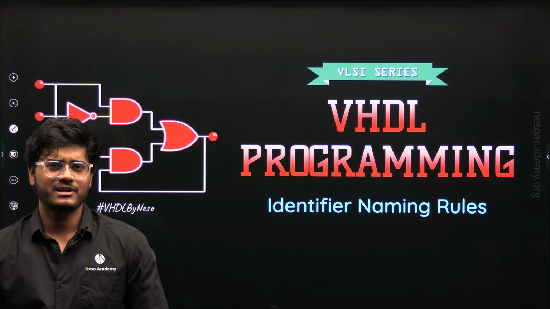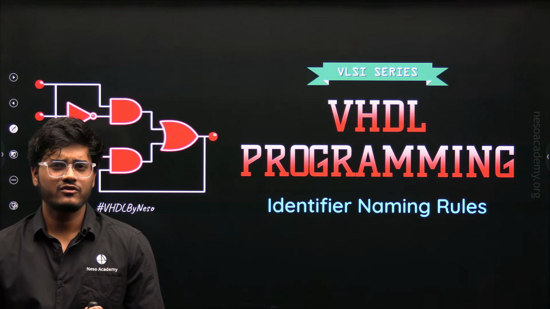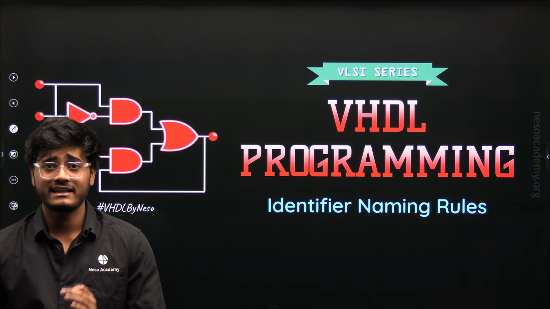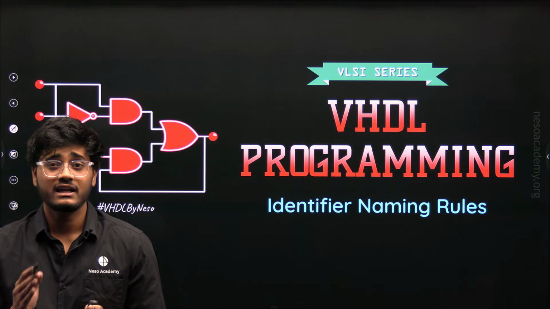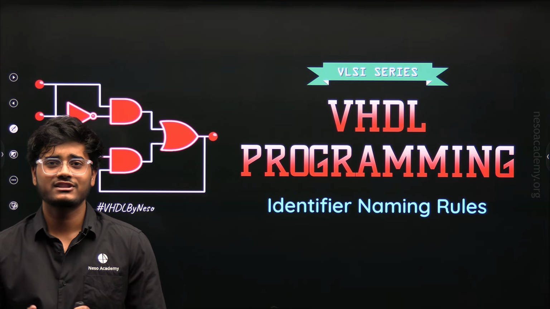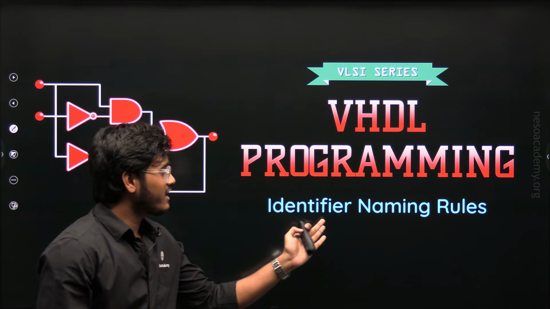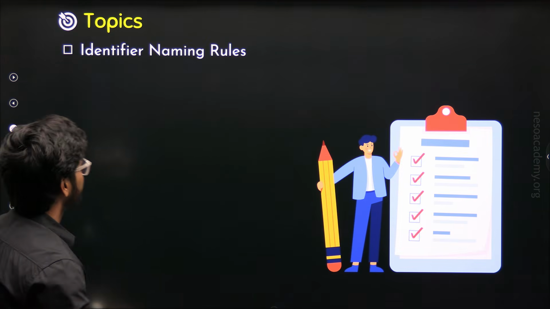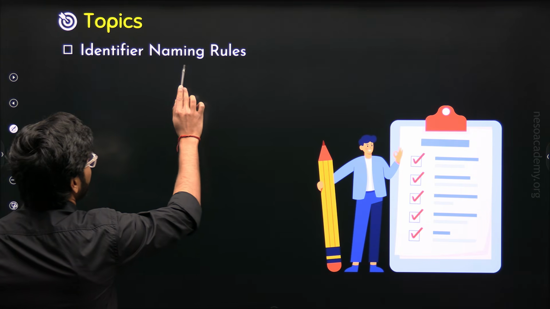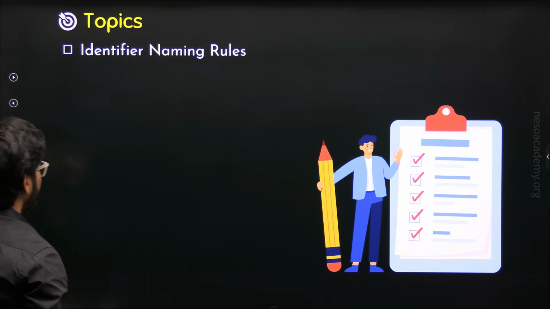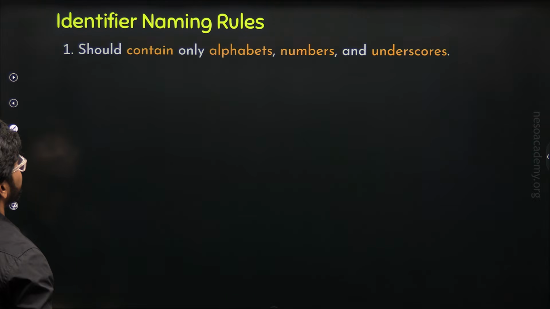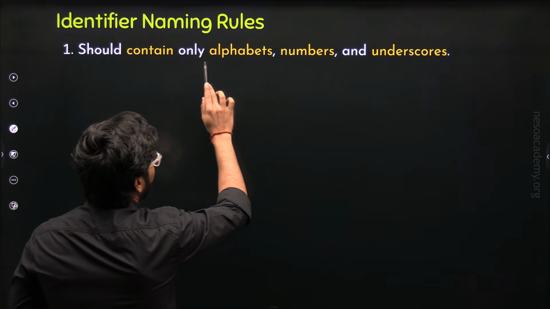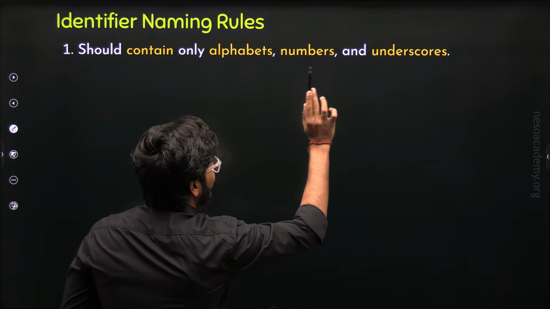So, let me ask you something. Can we give any name we want in VHDL? No, because in VHDL, identifiers must follow some specific naming rules. And today's lecture is all about identifier naming rules. In this lecture, we will understand identifier naming rules. So, let's start the lecture with the very first rule, which says an identifier's name should contain only alphabets, numbers, and